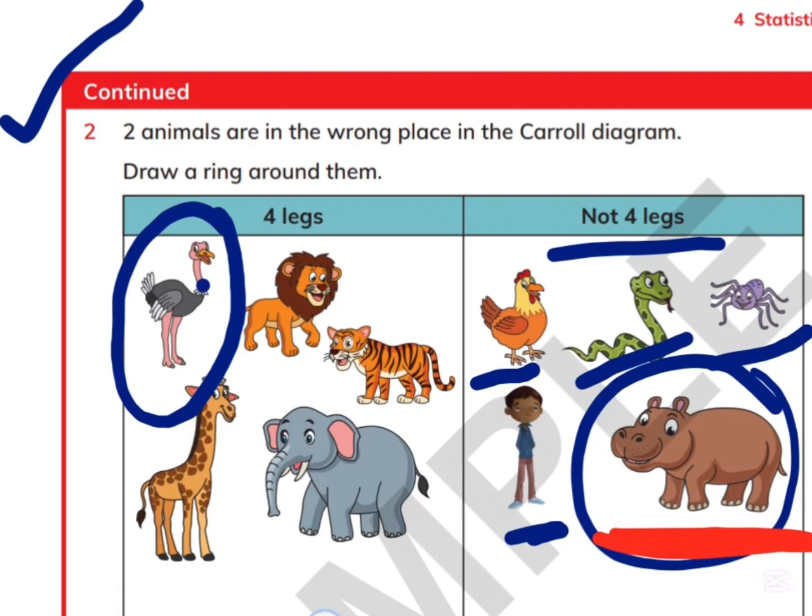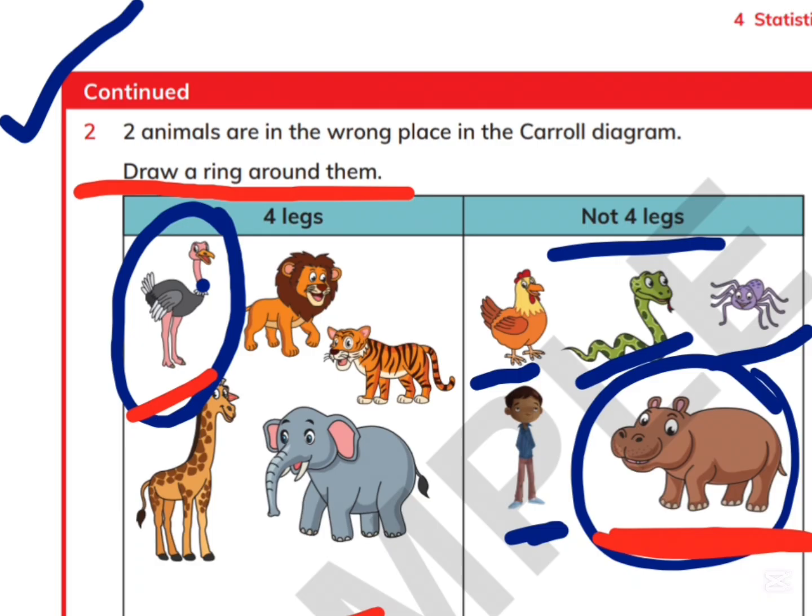Here must be 4-legged animals, but the ostrich has 2 legs, so it must not be here. We can just put a tick as well, but the instruction is to draw a ring around them. So we have drawn the ring around it. All right,